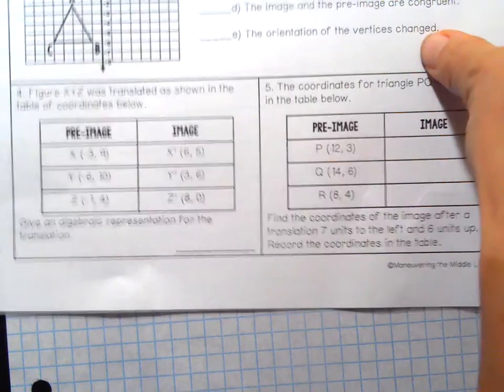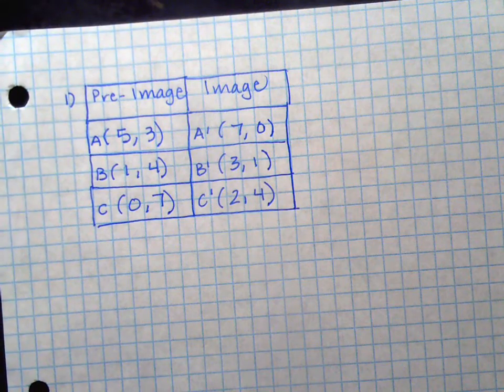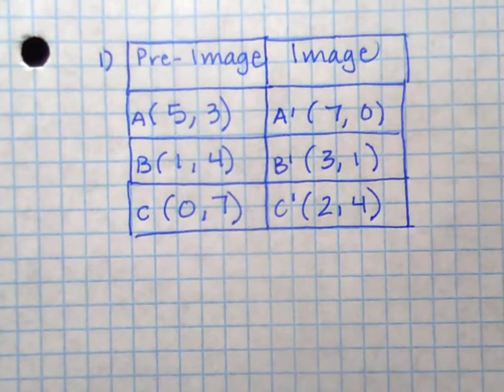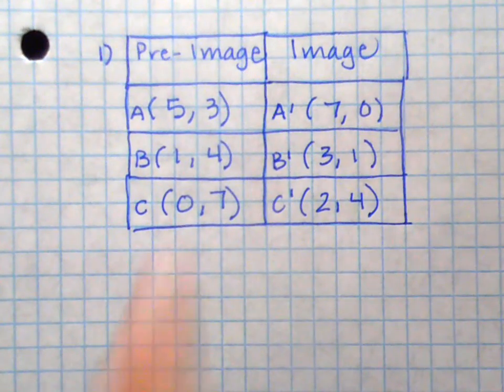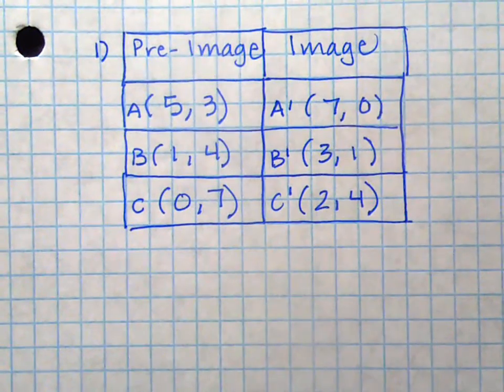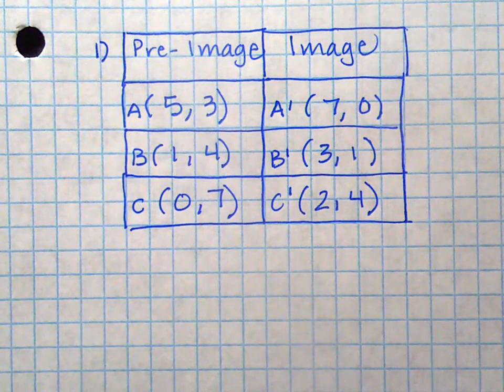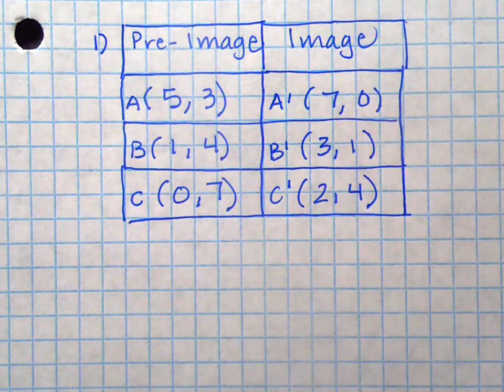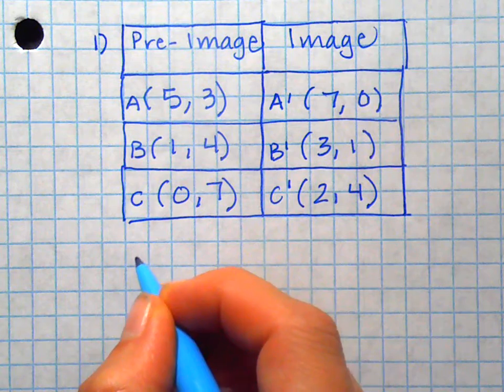Okay. So the first one, I'm going to zoom in a little bit, is asking you for a rule. It's asking you to go from the pre-image to the image. What math do you need to do to the x values and to the y values? So the first thing I'm going to do is I'll just look at my x values. So for x,